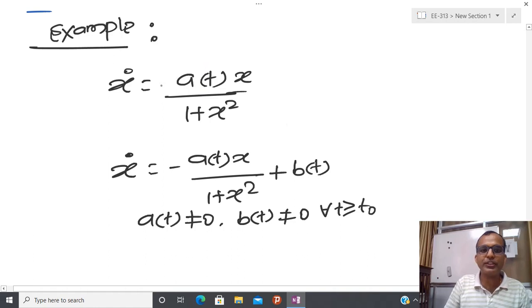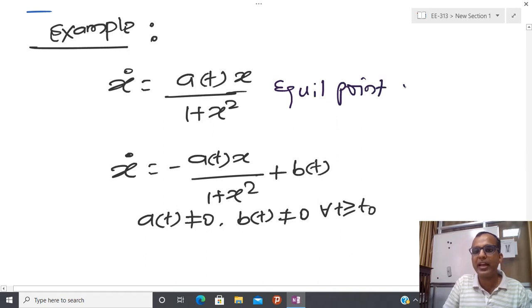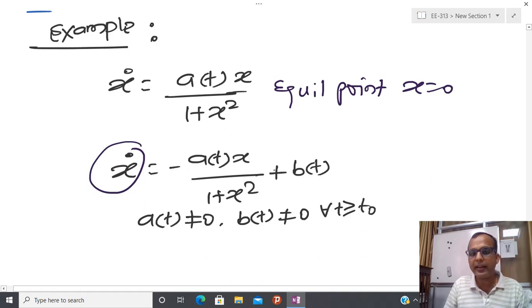So now let us try to see two simple examples. Here I am assuming a not equal to 0. So in this case, you can see that the equilibrium point is x equal to 0, so I have a unique equilibrium point. But in this other case, you try to put x dot equal to 0, and at that time you can see that I am not able to find an equilibrium point, because an equilibrium point is a point such that if I start from there, I am going to stay there. But if you solve this, then you find some kind of x which is varying with respect to time. Due to that reason, this system has no equilibrium.